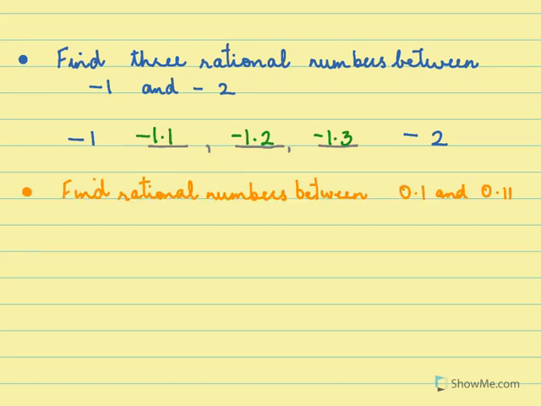Find rational numbers between 0.1 and 0.11. We do this a little differently. We write 0.1 here, and then we write 0.11. We add a 0. There is 10 and 11. There's no gap, so we make 100. Now between 100 and 110 we can put so many numbers. We can write here